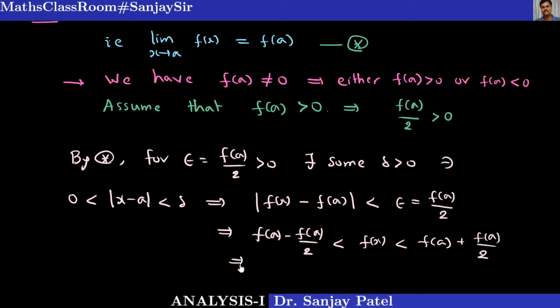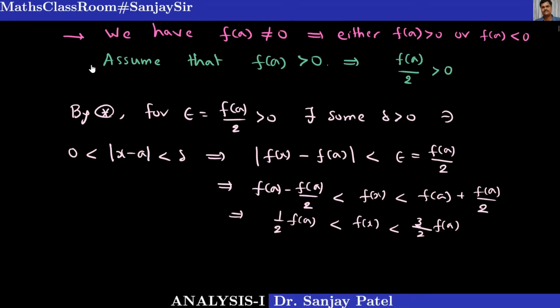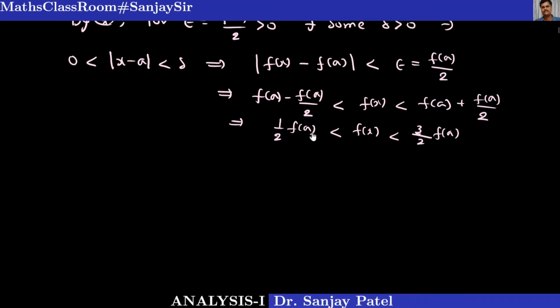So that gives me 1/2 times f of a less than f of x less than 3/2 times f of a. Remember, this is true for every x satisfying this condition. So I can rewrite this, and I want only one part here. Remember, a less than b less than c, this is true. I want only this much. This is true for every x satisfying this condition, which I can rewrite as, the meaning of this thing is,